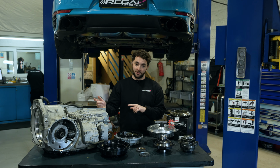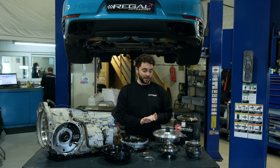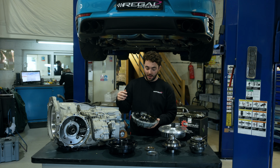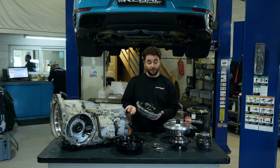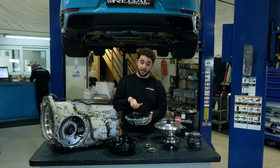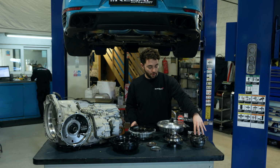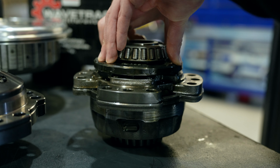Now this particular LSD on this car is a plate style LSD, so it has friction plates in there. The factory differential is actuated by a hydraulic method. So basically inside the gearbox, when a certain situation occurs, hydraulic fluid is fed through the differential cover into the housing, and then there's a diaphragm inside which pushes onto the differential and then pushes on this brace and then pushes down onto some pins which then close up the friction plates inside,